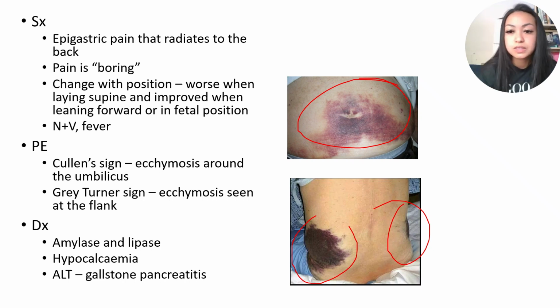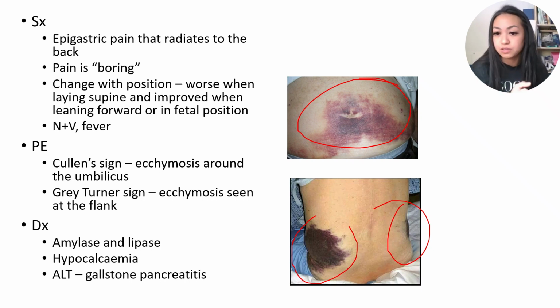Okay, so the next one is hypocalcemia. So this is going to come back in the lab. So typically we are going to see hypocalcemia, so low calcium in the blood, when there is acute pancreatitis. And ALT is going to be elevated, especially in the case of gallstone pancreatitis. So if gallstone is the etiology, if gallstone is the reason for why we're seeing acute pancreatitis in this patient, ALT would be elevated 3 times the upper limit of normal. Okay, so that points towards gallstone as the causative factor that led to acute pancreatitis,